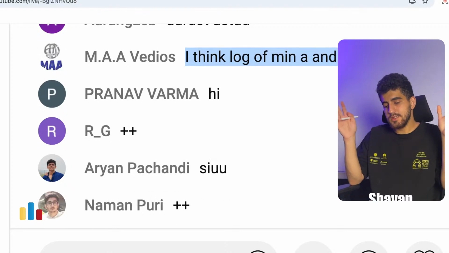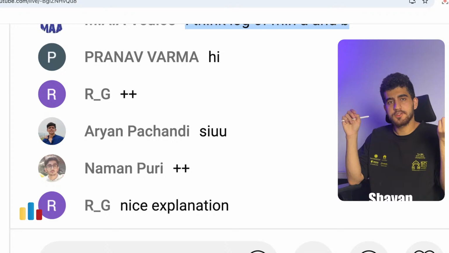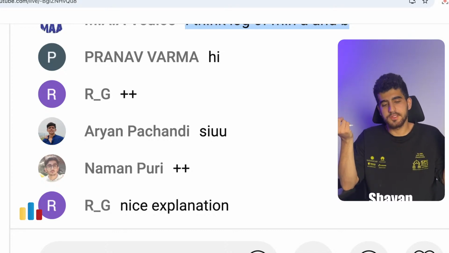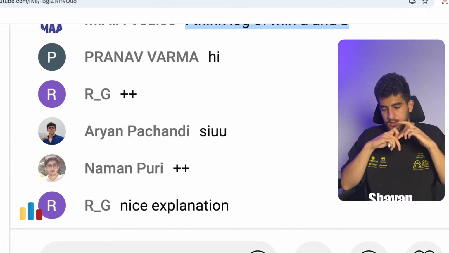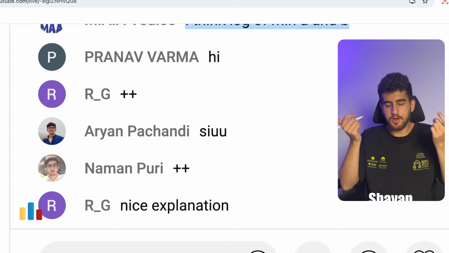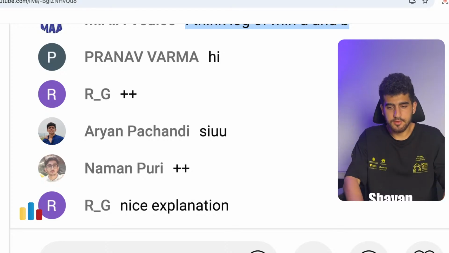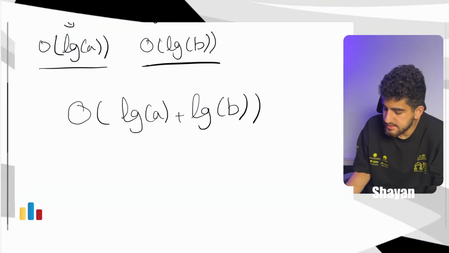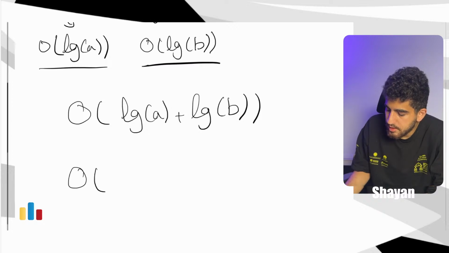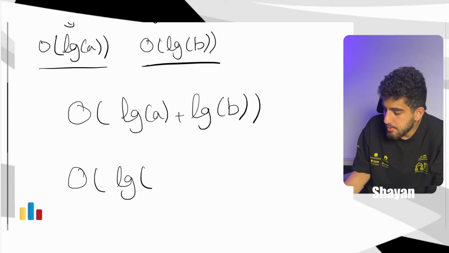So basically, I just showed that the first one can lose half of itself log of a times, the second one can lose half of itself log of b times. This is how we show that it has a good time complexity. But also, not only this, we can also say that it will be O of log of minimum of a and b as well.